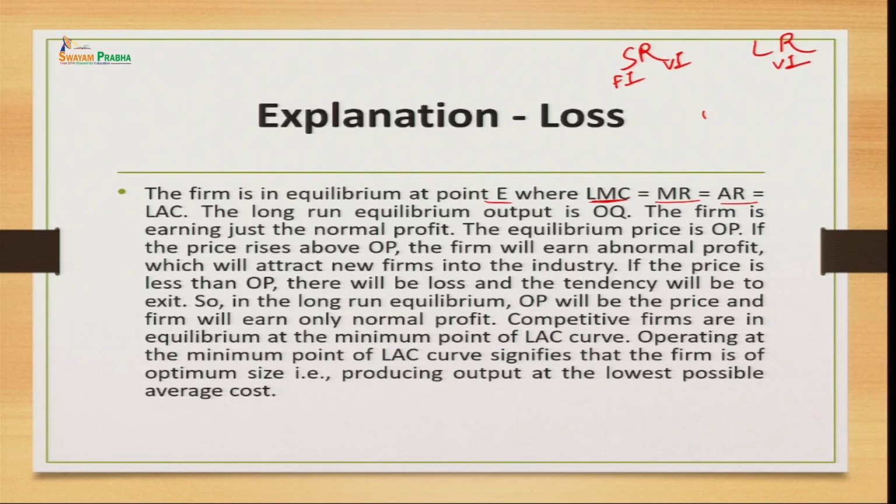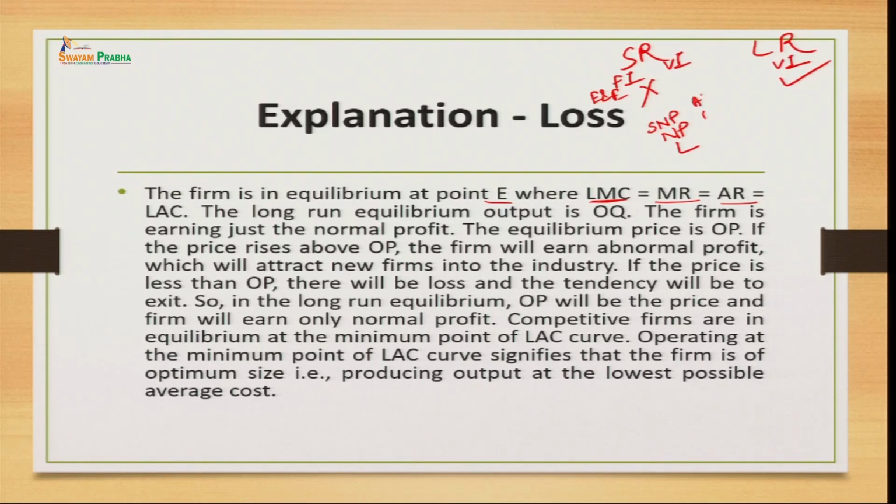In the short run, no new firm is able to enter or exit because of the shorter time frame, whereas in the long run any new firm can enter and any existing firm can exit. So, there is no entry and exit in the short run and there is entry and exit of firms in the long run. Based on these conditions, the firms working in the short run can earn supernormal profit, or normal profit, and some of the firms may also incur a loss.